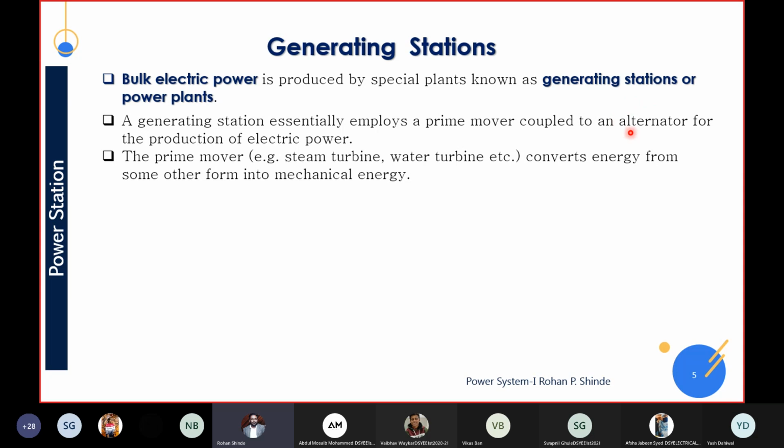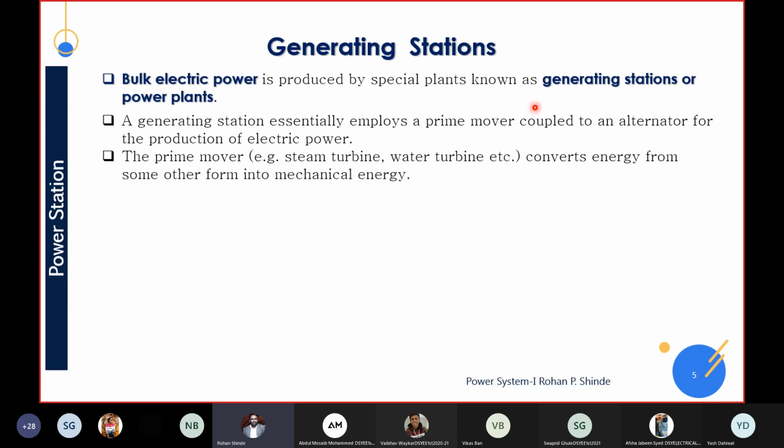Alternator is an electromechanical device that converts mechanical energy into electrical energy. Okay, that means a device which converts mechanical energy into electrical energy is known as an alternator. Okay, so see here, in this alternator the input is mechanical and the output is electrical. So in a generating station the output is electrical energy, so the alternator output is also electrical energy. Okay, but the input of this alternator is nothing but a